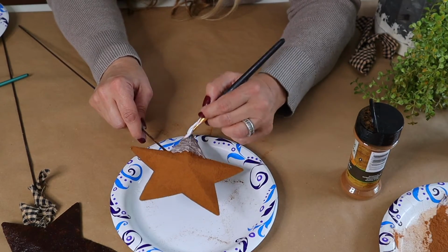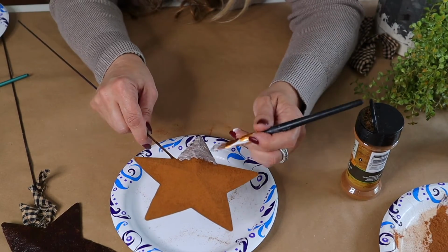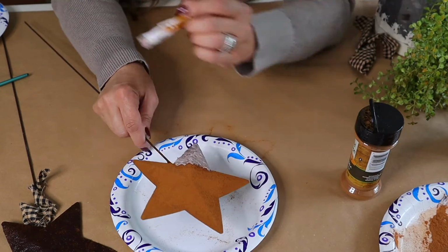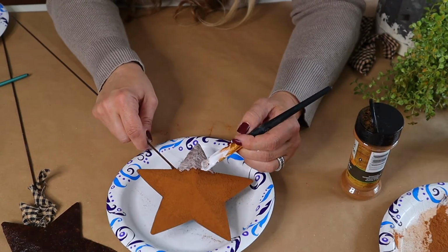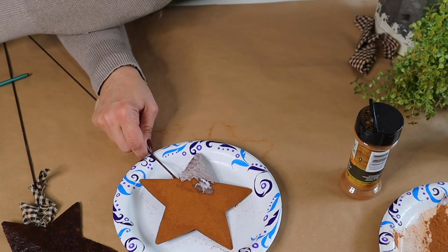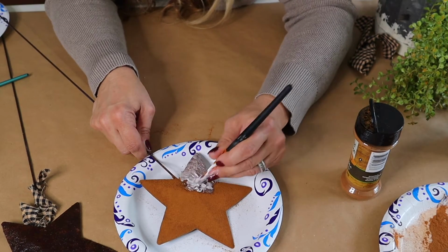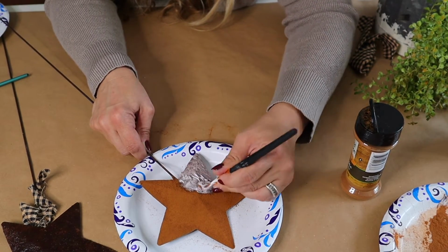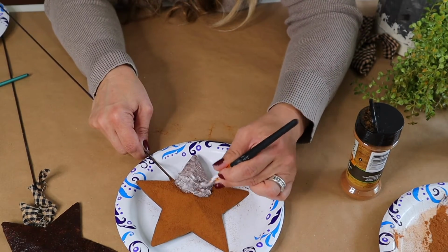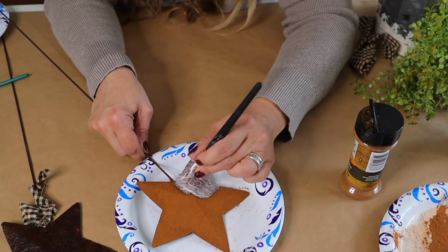So do you see how I'm dabbing it here? And I don't want you getting thick, goopy pieces of Mod Podge. So I kind of brush when that comes off, and I just do it lightly. So just be patient and have fun with it. Again, just working in little sections and then dabbing it on. And that's where I like to really get my hand in here so I can get a nice application of the Mod Podge onto here without spreading it around. So I'm going to go around here now and get this all applied just like so. Easy as that. So just go through, dab it on, nice and slow,